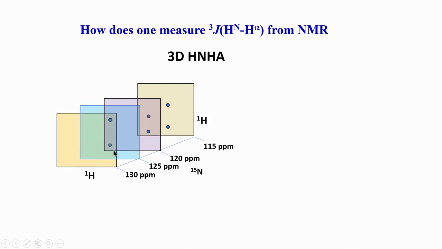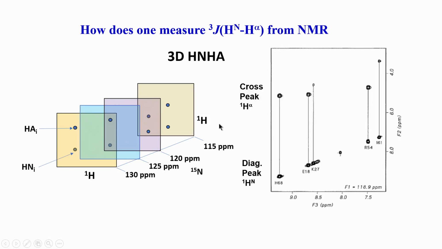This is what is shown here, the HNHA spectrum. So, what is done is we do like this. This is for one particular plane. Let us say I take this plane; I have shown only one amino acid here, but it is possible that you may have other amino acids in the same plane. Now, you go for each of these amide chemical shifts. For each of them you will see 2 peaks like shown here. One is the diagonal peak, which looks like it is going diagonally, and another is a cross peak.